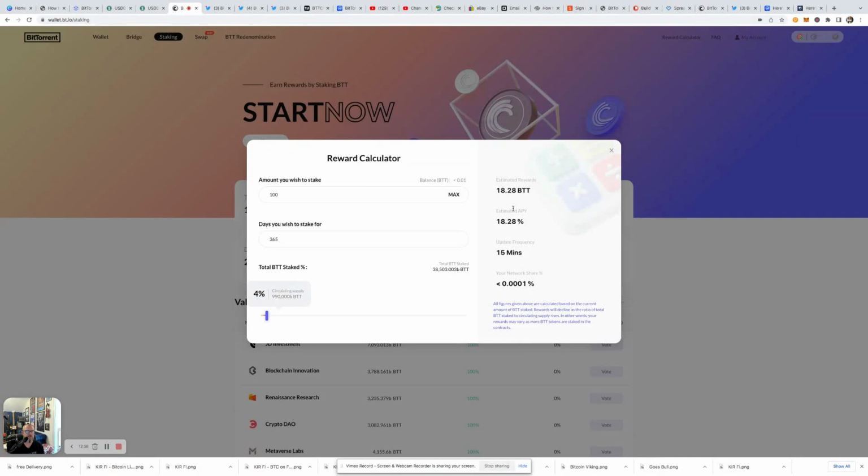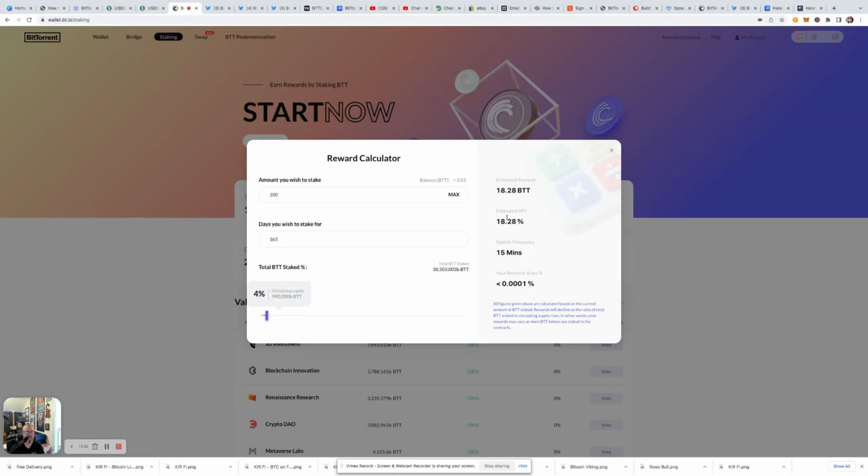Now, currently, the rewards rate is an APY of 18.28%. When I originally started doing this, and I've got a couple of videos on it, the rate on it was somewhere around, I want to say 36, 37, 38%. So it was a lot higher at the beginning. It has been going down over time as more people stake. That's the way it works. Now, in this rewards calculator, they've got how much of the circulating supply is in here? Only 4%. That's it. So basically next to nothing is being staked so far. And as more and more is staked, that rate will drop over time, okay? But right now it is 18.28%, and that is APY.